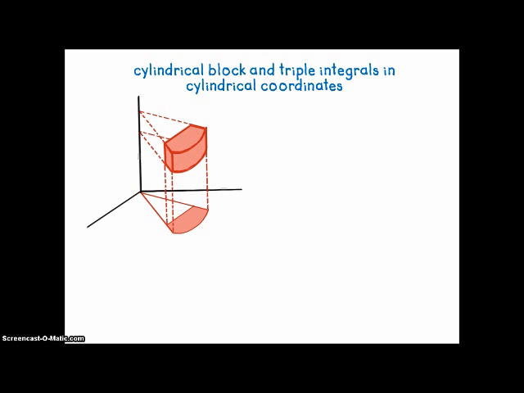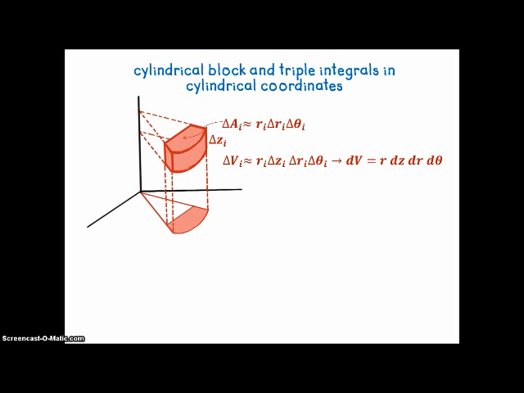So now we're going to look at a cylindrical block and triple integrals in cylindrical coordinates. And so we have a cylindrical block shown there floating above the xy plane, and the top of that cylindrical block is a polar square whose area we computed or reviewed in the last slide. And then the height of that cylindrical block is a change in z. So our volume of that block, which would approximate actual volume, is the change in z times the area of